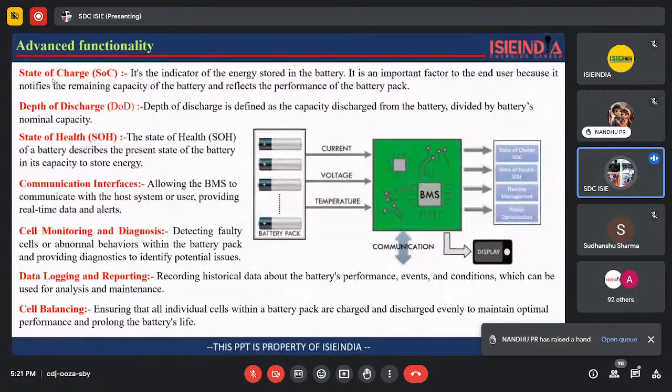State of charge shows the output, or what charge is present that is useful for us. Like a battery is 4.2 volt, but we can basically use the voltage from 3.8 volt down to 2.2 volt only. We don't go beyond that, 1.8. It would damage the battery, affecting its life cycle and lifeline. So we don't go